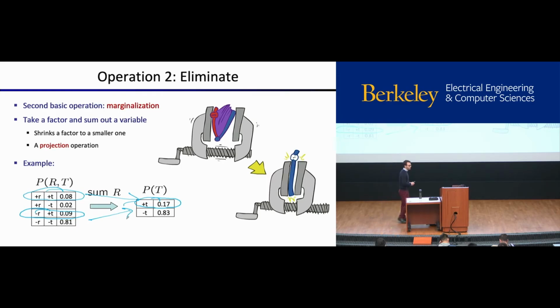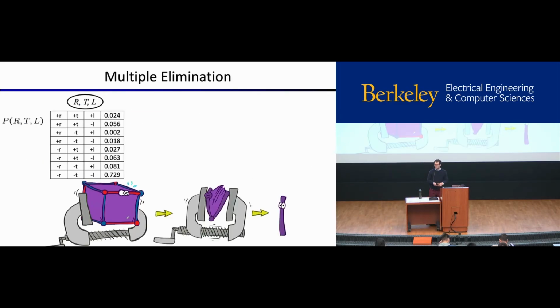Okay, great. We can also eliminate multiple variables at once. So if we have this 3-dimensional distribution, R, T, and L, we might say, all right, I would like to sum out R. No problem. So we just have to identify, let's say we're going to sum out the R equals positive case first, right? All the ones where it's raining. So we sum all these things together, and we get 0.051. No, that's not right. Hold on. So I've messed this up actually.